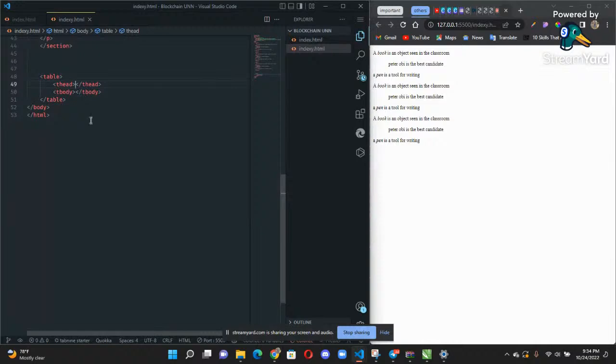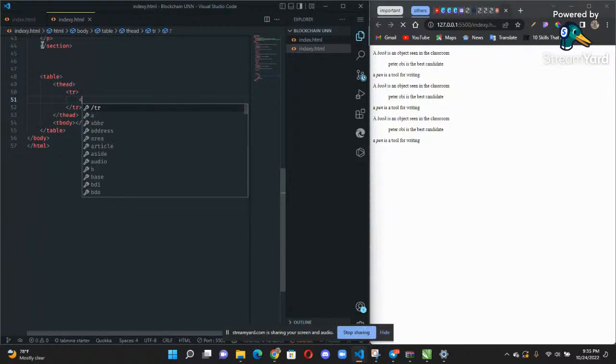The thead now, and inside the thead we have the tr, which is the table row, and inside the table row we now have the td, which is the table data. Each of the things we will write here must have a td.